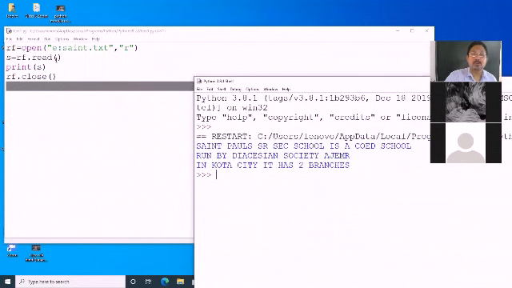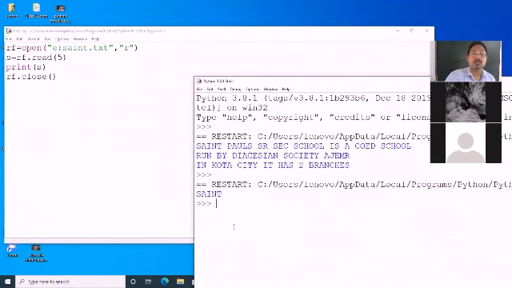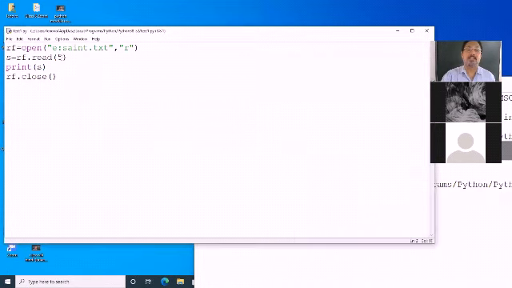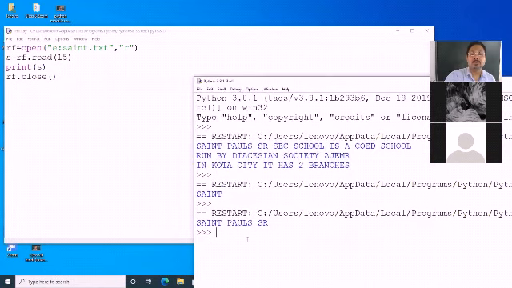Now suppose I give 5 here. That is the value of n, and I will execute this program and you see the output. What happens? Only the word send is displayed instead of the complete file, because I have given n as 5 bytes only. If I give it as, suppose, 15 and run this, it will show up to 15 bytes.